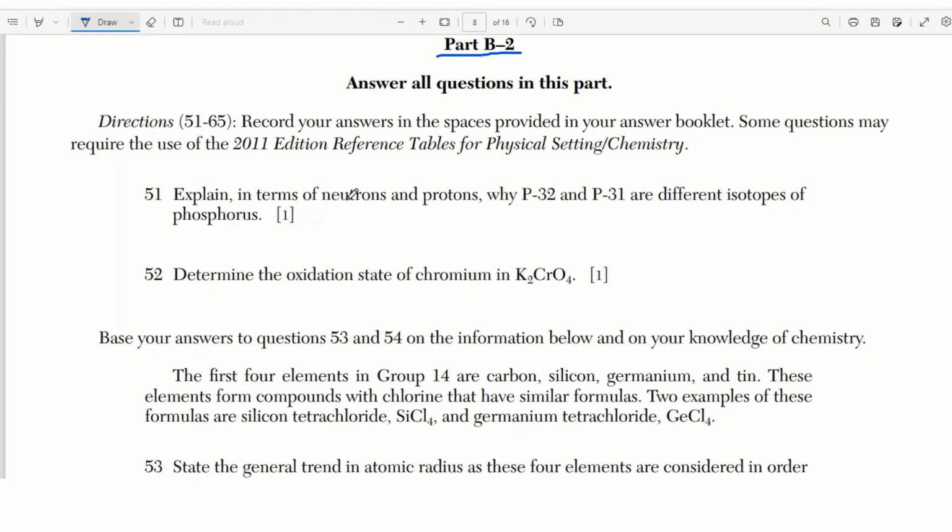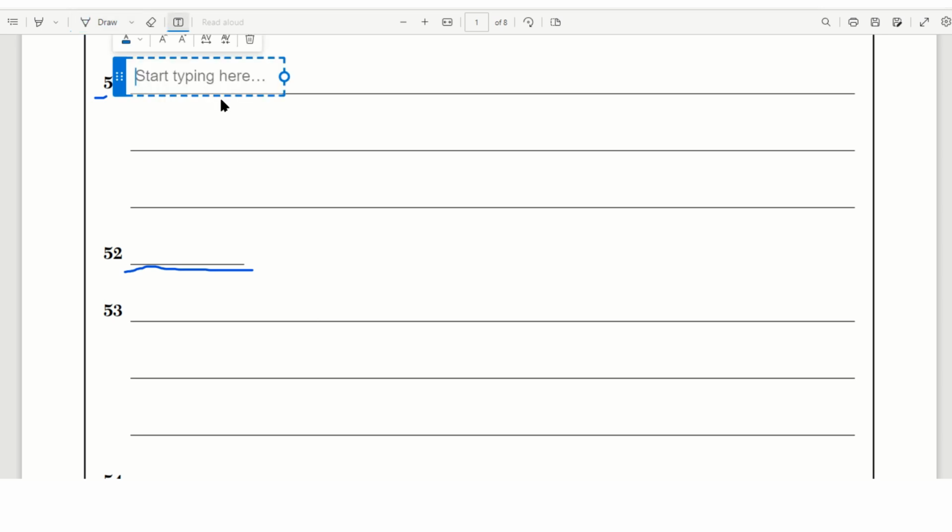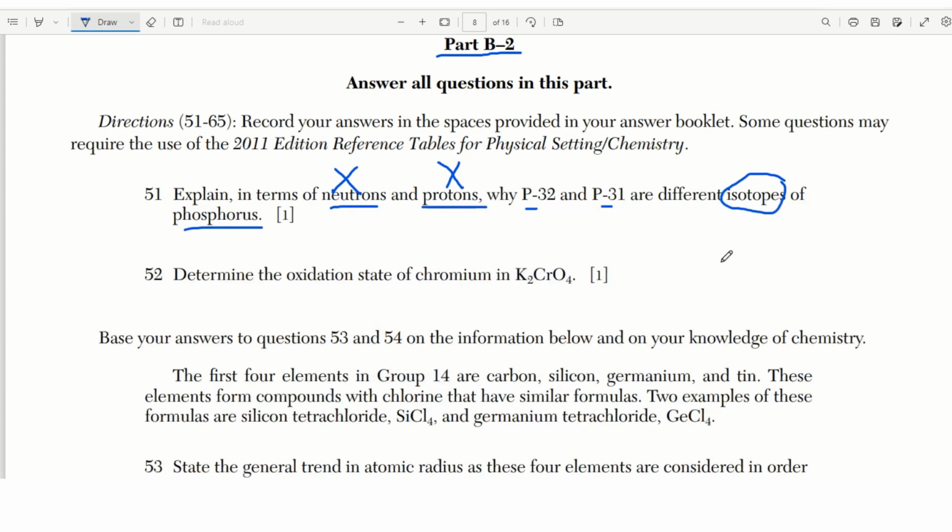So explain in terms of neutrons and protons. What does that mean? My answer must include the word neutrons and must include the word protons. Why are P32 and P31 different isotopes of phosphorus? Okay, so let's go here and write our answer. P31 and P32 are isotopes of phosphorus,